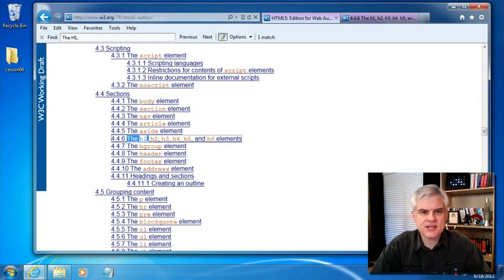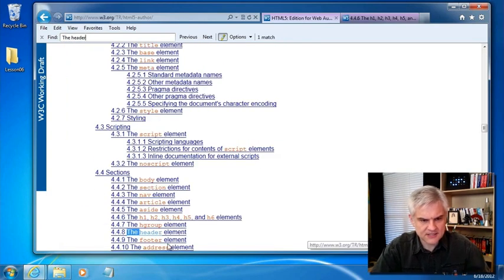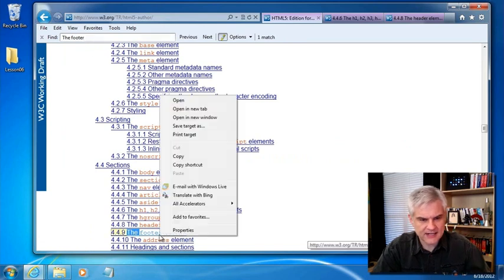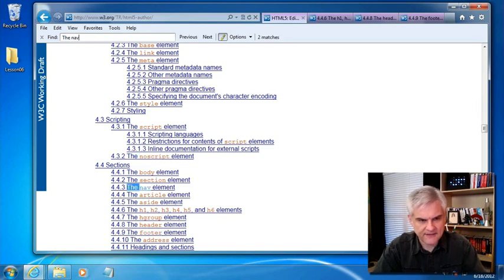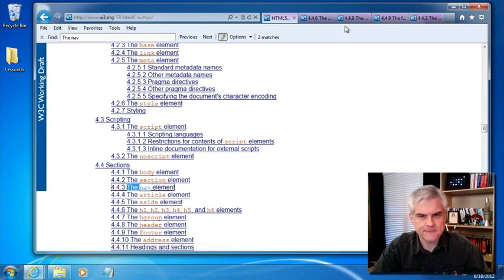So let's talk about sectioning content elements. We use these in lesson number 2, and they're tags like the header. So let me start off by doing this. The header element, and I'm just going to right click and open that in a new tab. Then we're going to type in the footer element, and I'll right click and open that in a new tab, and then also the nav element and open that in a new tab. Alright,